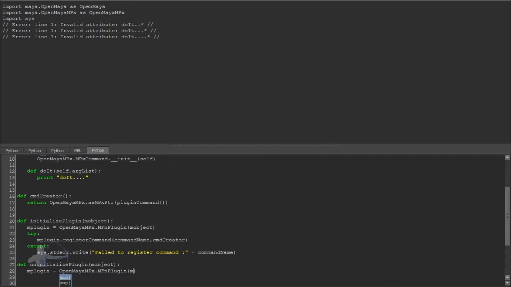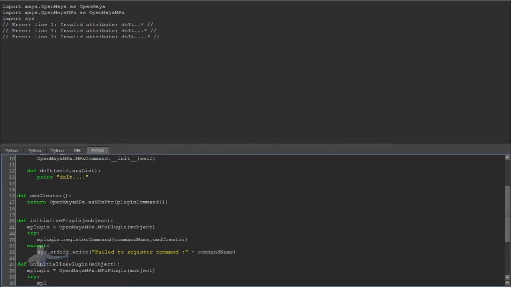We would pass that mObject. Try deregistering it. How we can try deregistering it is mPlugin.deregisterCommand. What we would need is the name of the command,